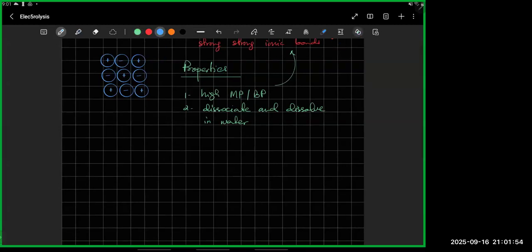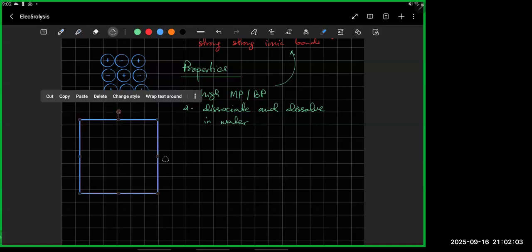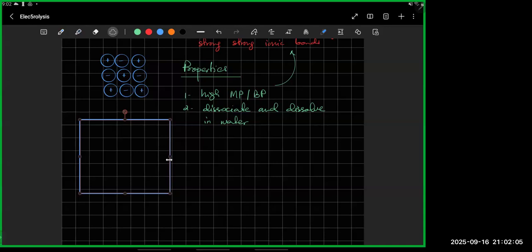There's a very specific technical word that should be used. Ionize is not the right word. It's dissociate, because they're already ions, so they're not ionizing. If you have water and you stir this with a spoon, the ions will scatter. If it's very soluble, then all the ions will